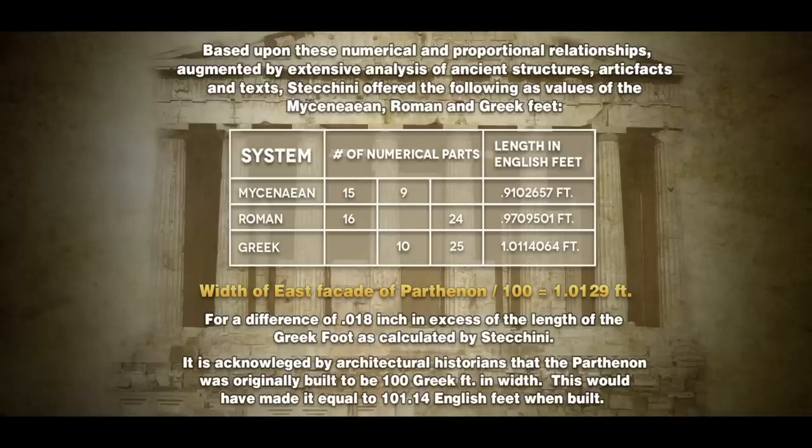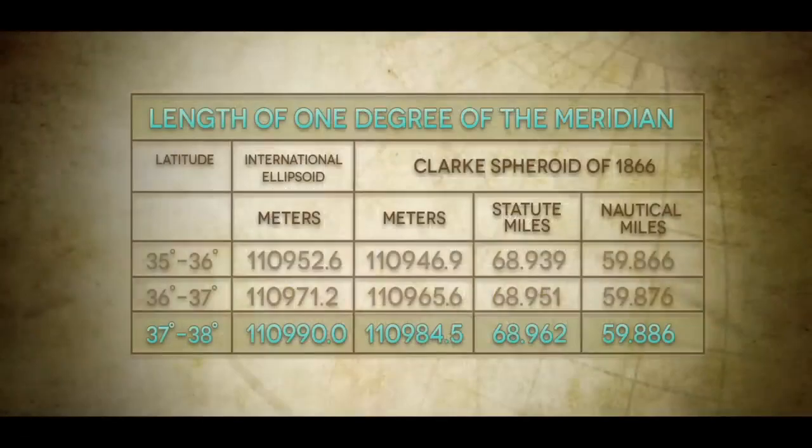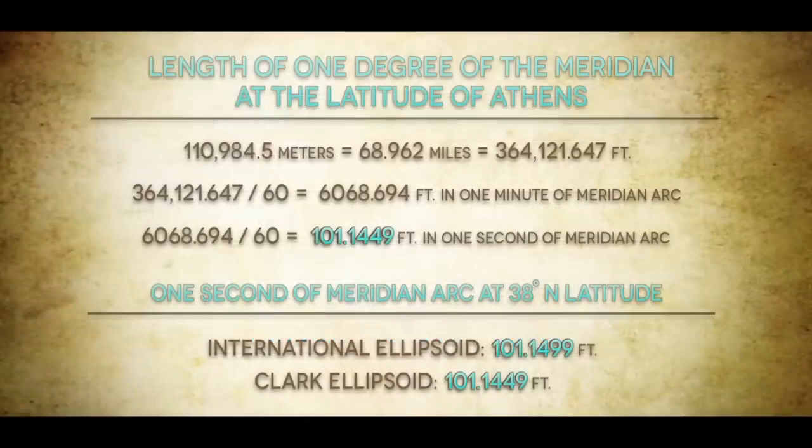It is acknowledged by architectural historians that the Parthenon was originally built to be 100 Greek feet in width. This would have made it equal to 101.14 English feet when built. Now if we go back to the length of 1 degree of the meridian, and we look right here at the latitude of Athens, we find something very interesting. Length of 1 degree of the meridian at the latitude of Athens is 68.962 miles, or